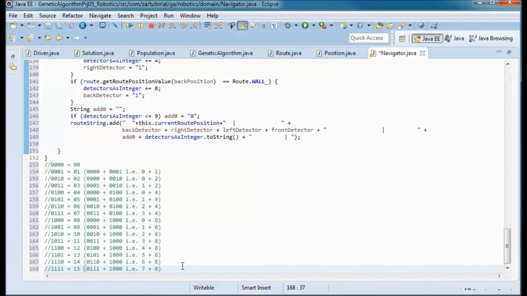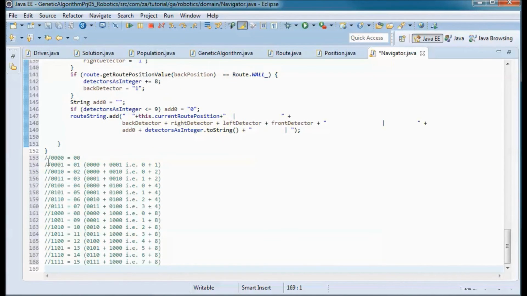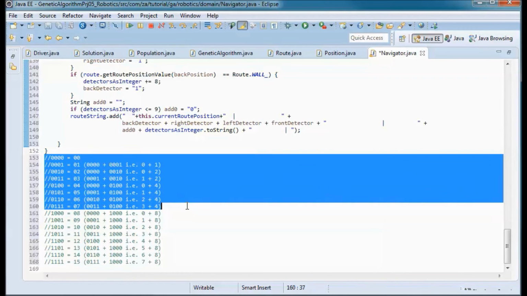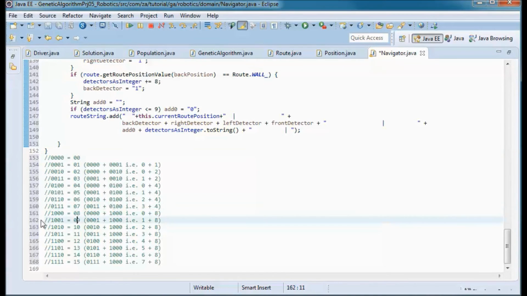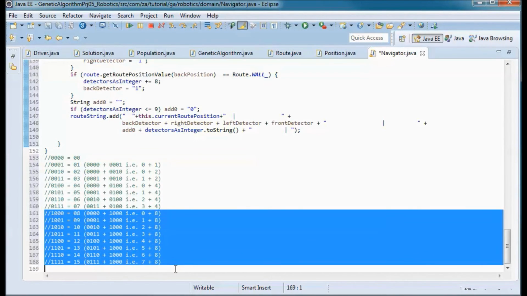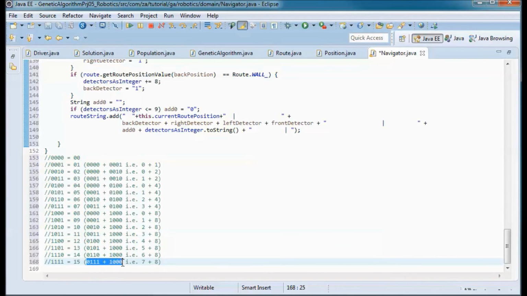So for example, we have 8 here. So for the next 8, we start 0, we add 8, 1 we add 8, and 2 we add 8, and then 3 we add 8, etc. 7 we add 8, and so we end up adding those, which give us this, which would be 15, and here which would be 14, 13, etc.